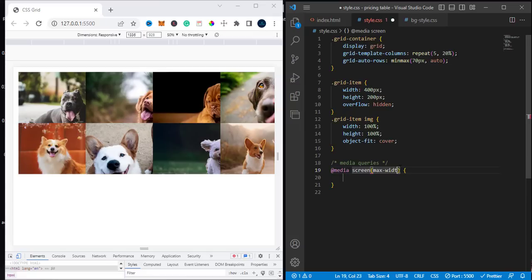Let's say when the maximum width is 1000, so just use 1000 pixels here. Then we want this grid container,